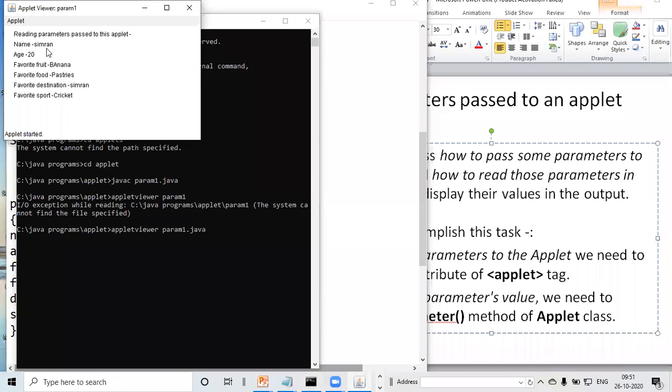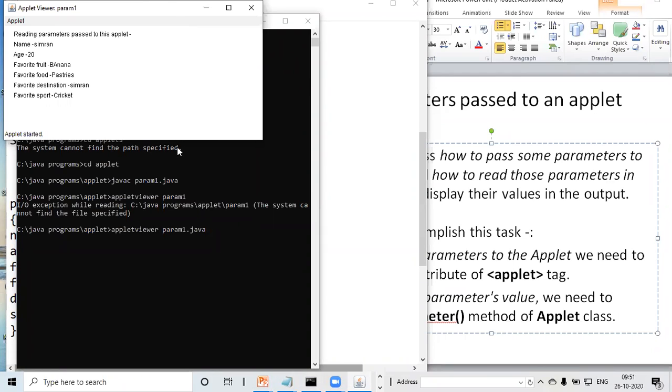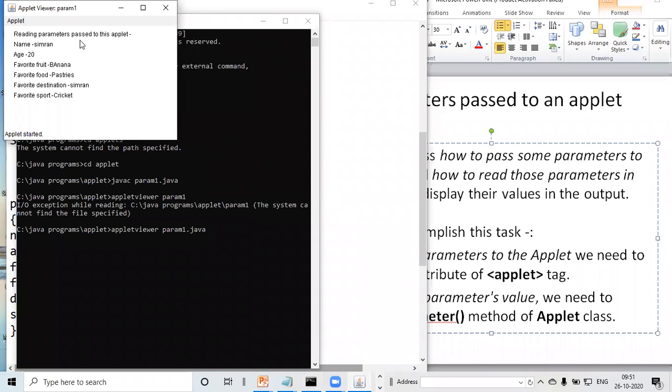So you can see this is how we can display all those values. After displaying, once you have passed all those values, you can just display all those